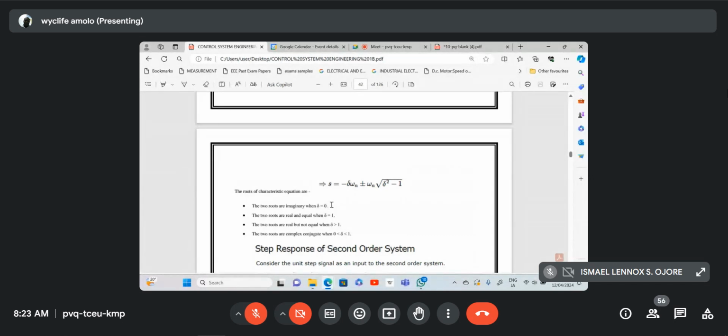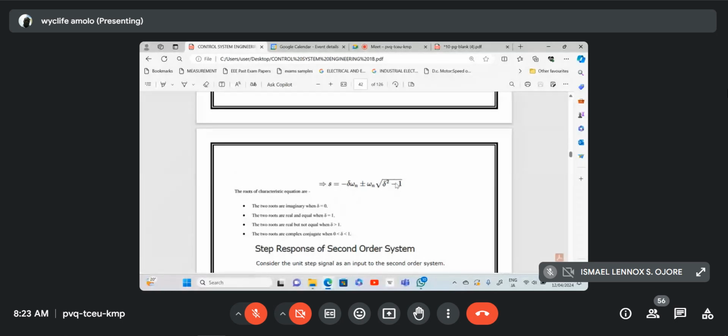When the damping factor is equal to 0, this is going to be negative. The square root of negative 1 is going to give you some imaginary value with a j or i. The two roots are